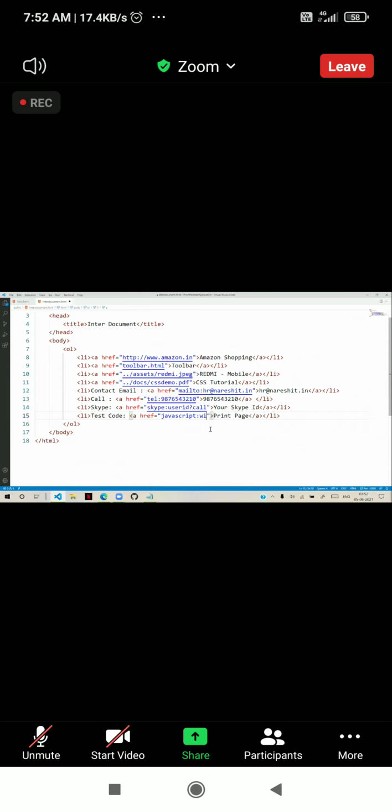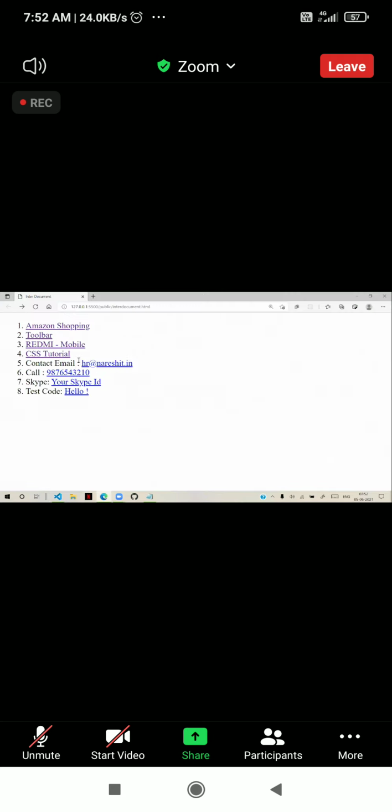We can write so many options, like we can have the history object so that we can make it go back. That's all we will see later, because for that we need JavaScript knowledge. Here, temporarily, I'm just giving an alert. Actually, we have to write a function and call the function. So the alert is hello. Here I will put hello, and it is going to execute that hello and display it.